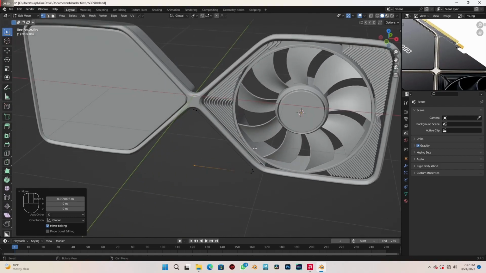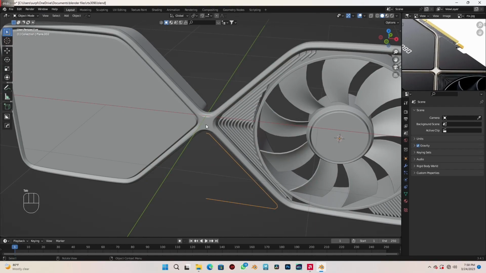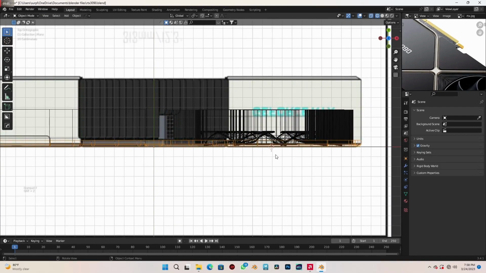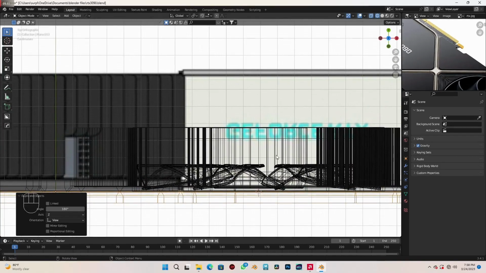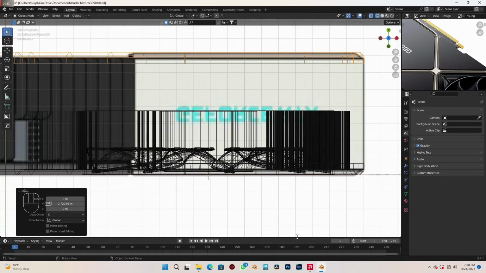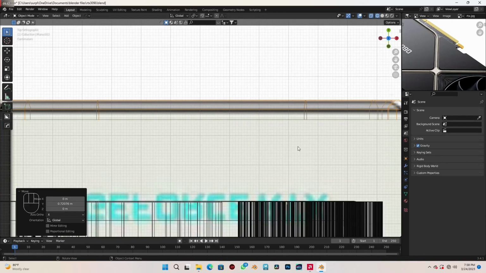Before I continue, let me select this mesh, go to top view, and in wireframe I'm going to duplicate that and rotate it 180 degrees, and along the y-axis let's move it over here. Just make sure it's right on the edge. Okay,